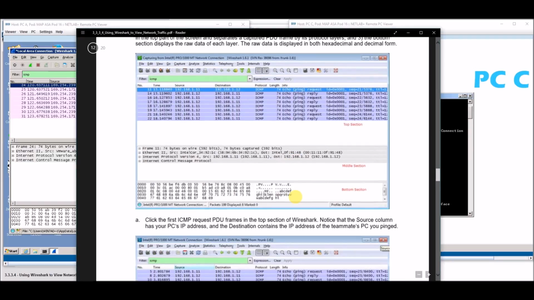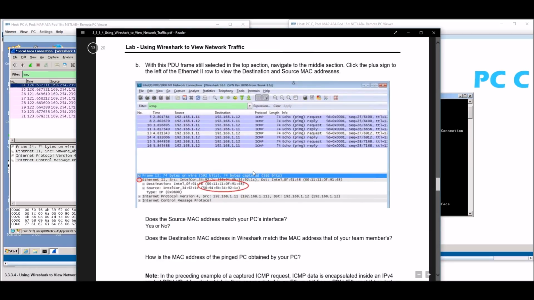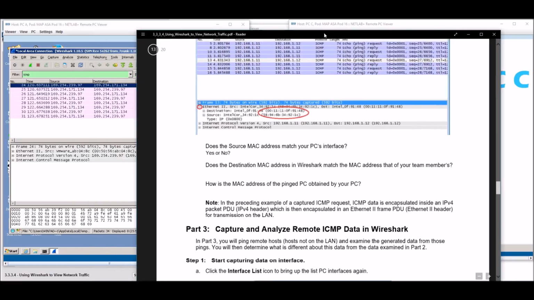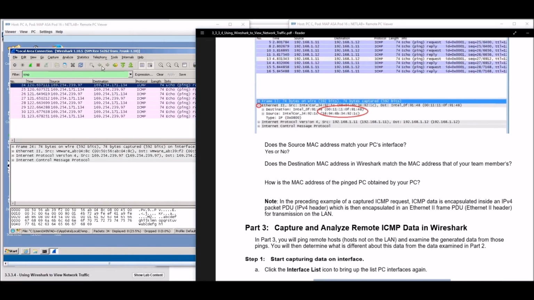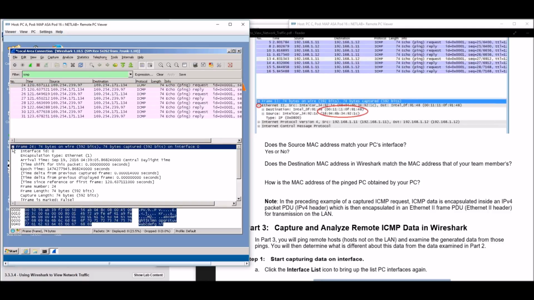So as we're looking down through that, this is the example here. And we're just going to go in here and look at the actual data. We're going to look at our source and our destination. See, we have our source where we're coming from, destination where we're going to. We pinged, so that's an ICMP protocol, and it's going to give us our information there. Down here, we're going to look at our raw data that went through, the ping information, and here's all of our frame information.